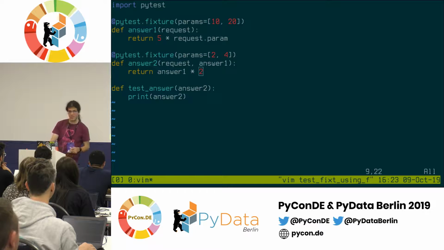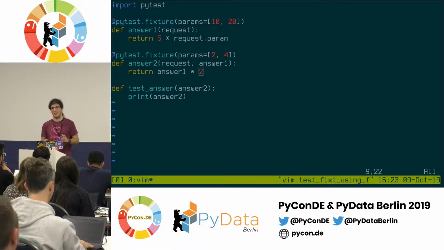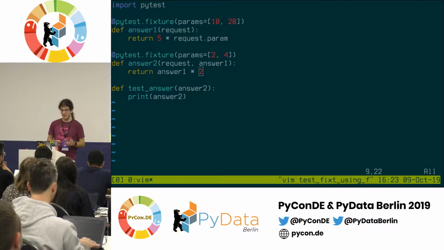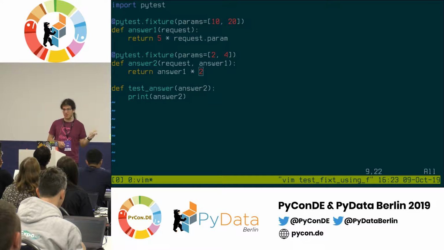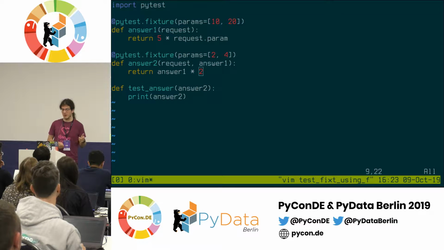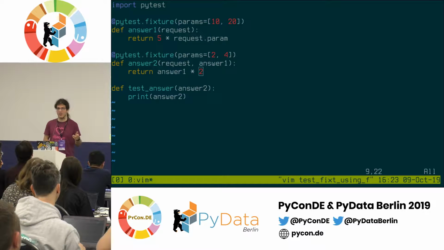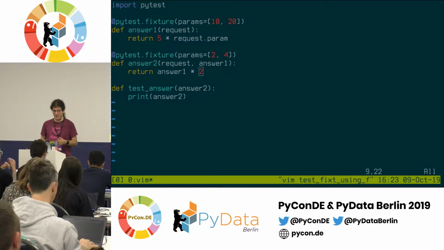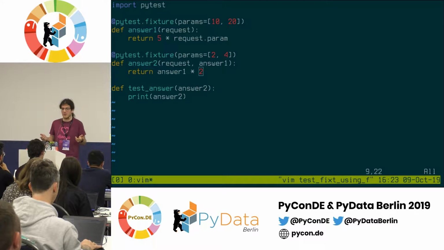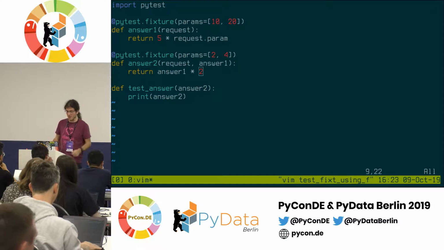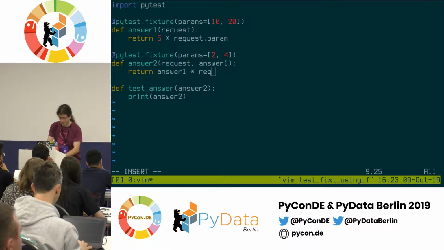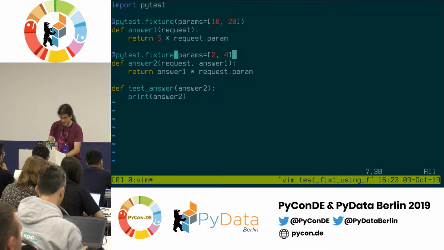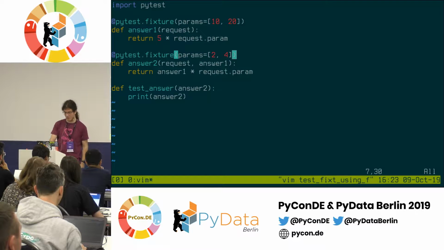Now, parameterizing fixtures, the API for that is kind of weird in my opinion. Like the bad kind of weird, for once. You have a special request fixture, which is built into pytest and gives you information about the test which requested that fixture. So you could also say, hey, print the name of the test which is running at the moment. But it's also used to access those parameters we use above.